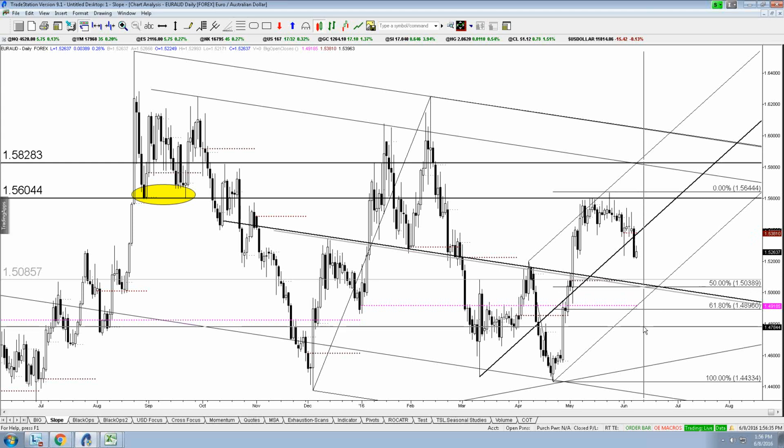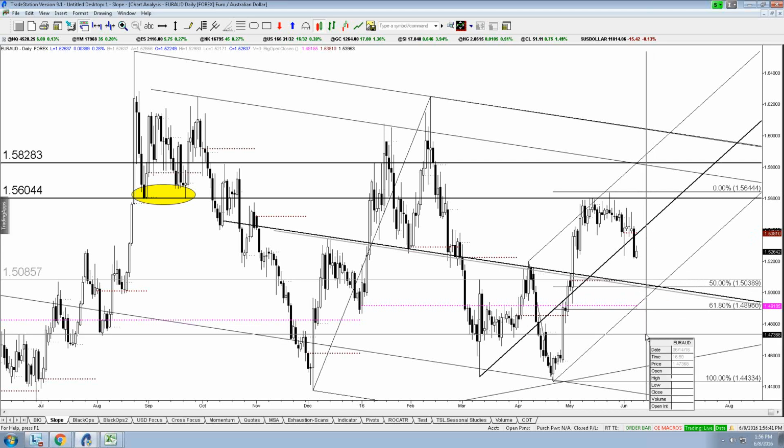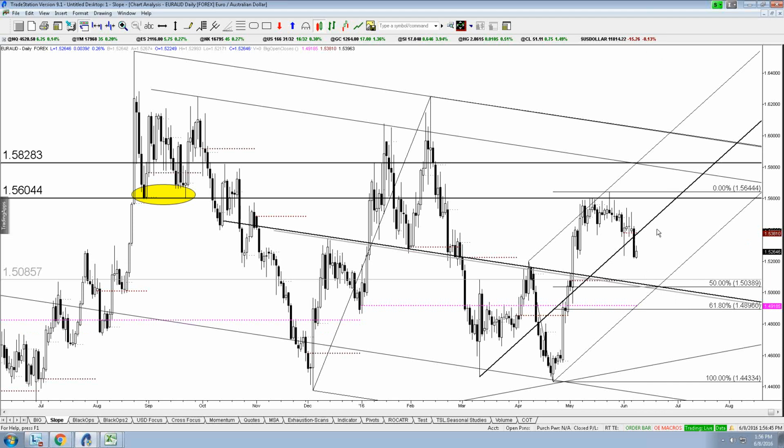Way down here near the Euro open. 50% then is 50.39 though, so that's cool. That's what I'd be looking for. Currently trading 52.60, so hell, maybe there's an opportunity to sell this, but that'd be the same as long Aussie. We want to buy Aussie anyway at 74. So Aussie pulls back into 74, you probably get a pop up here into 53.80, and then this thing rolls over. All right. So, pick your poison.